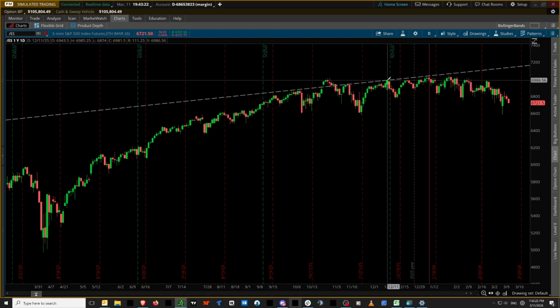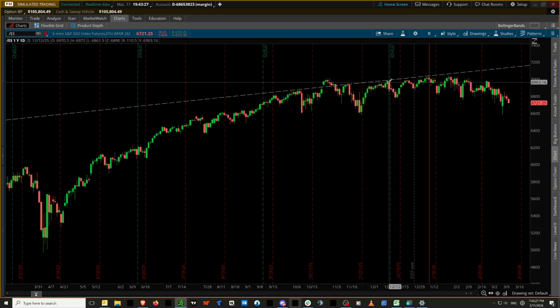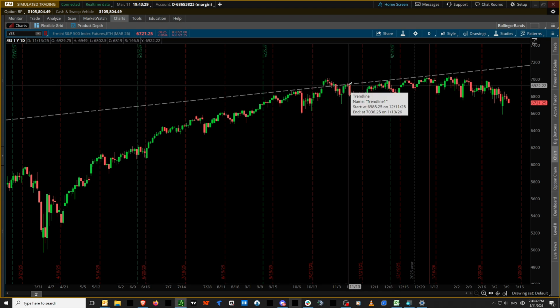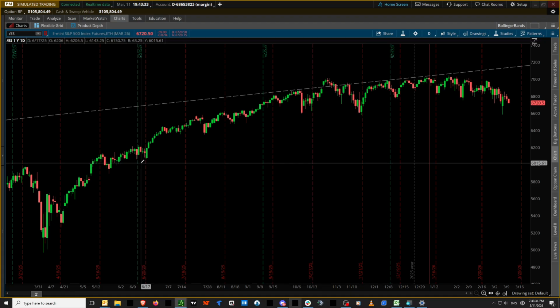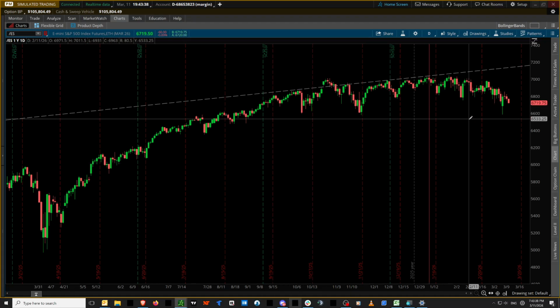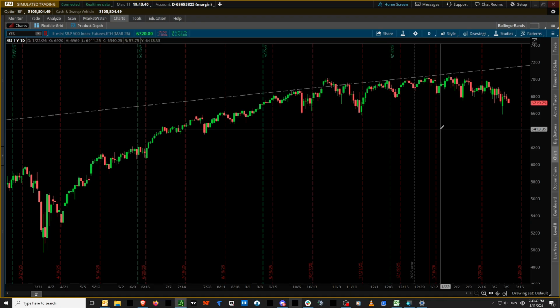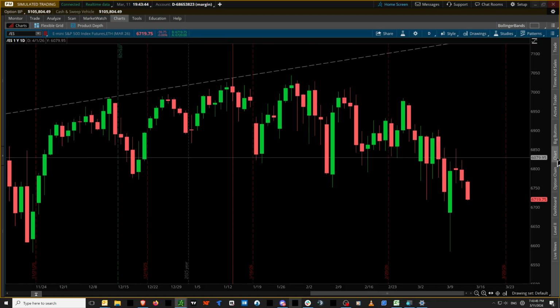Okay, so here's my 2 touch points here and here. Validate this line. Here, here, and it might even go further back, but this is a year-long chart. So I got about 4 touch points. That's pretty good. So there's my higher high. Now I need my lower low. Let me zoom in a little bit here and see if we can find it. Well, right there it is.